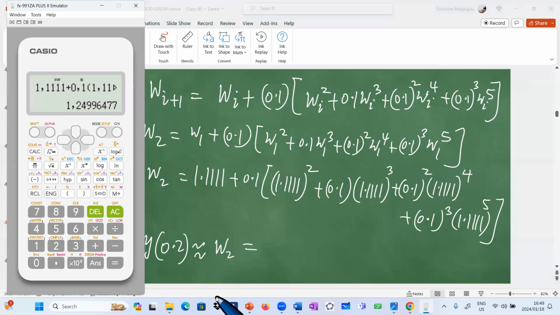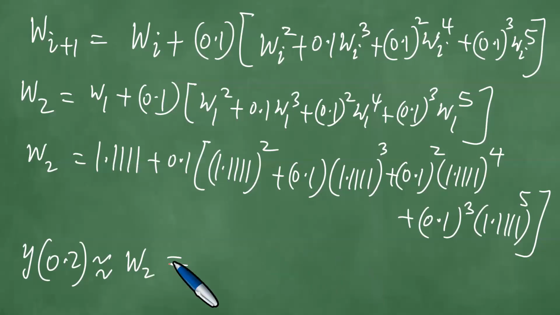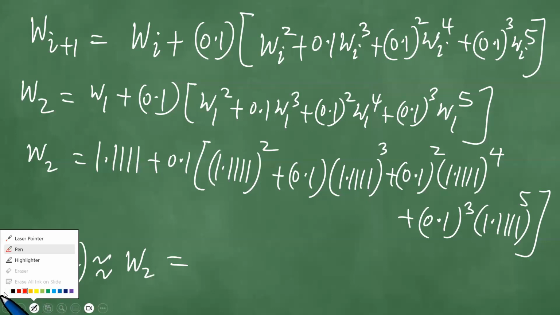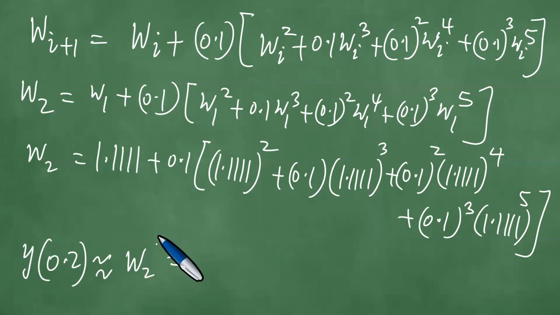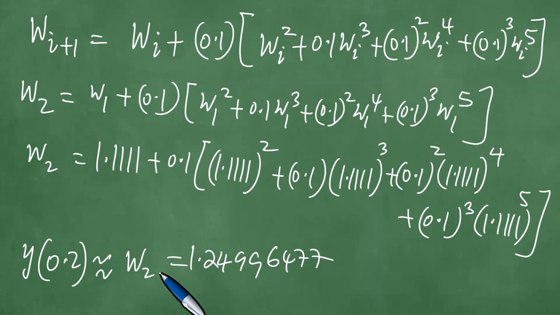So you have 1.24 99 6477. And this is the answer. Okay, this is the approximate value of W2 of